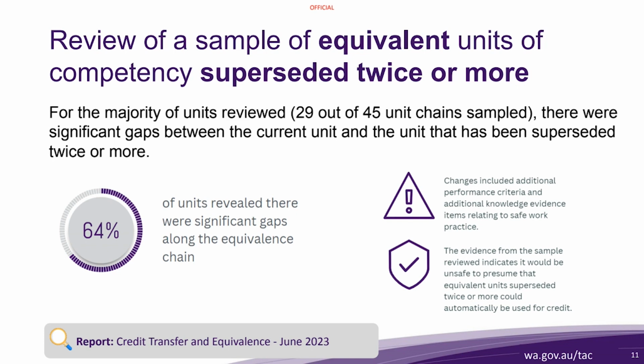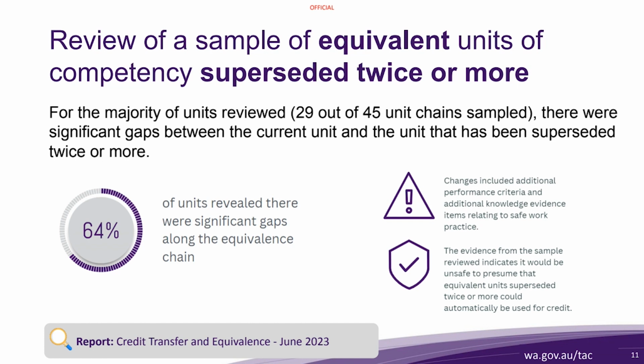And those significant shifts basically meant that if a person presented you with a unit of competency that was perhaps a decade old, then the content of that unit and its workplace outcomes will have changed significantly between the time that unit was achieved and the current unit and its content. And under those circumstances, it would be very risky to simply award credit automatically.